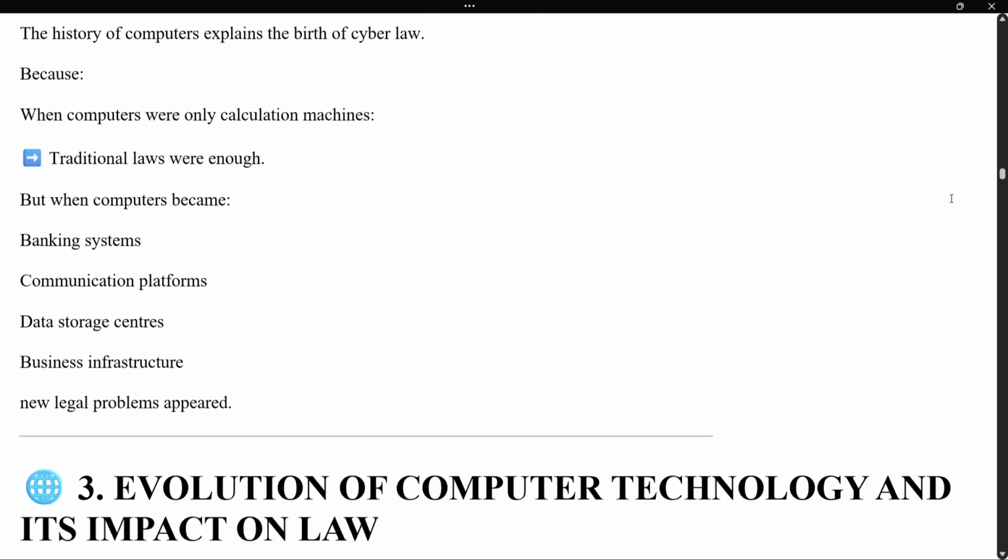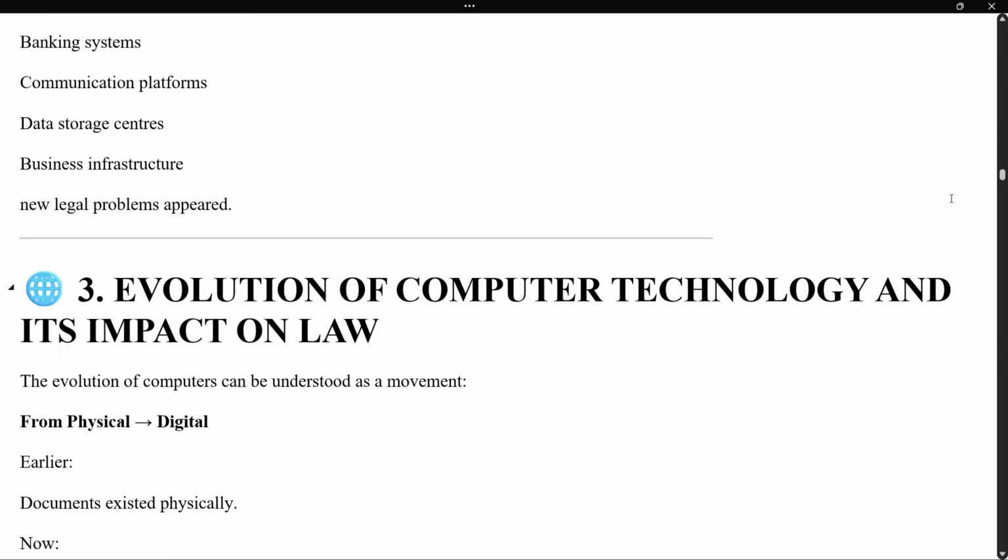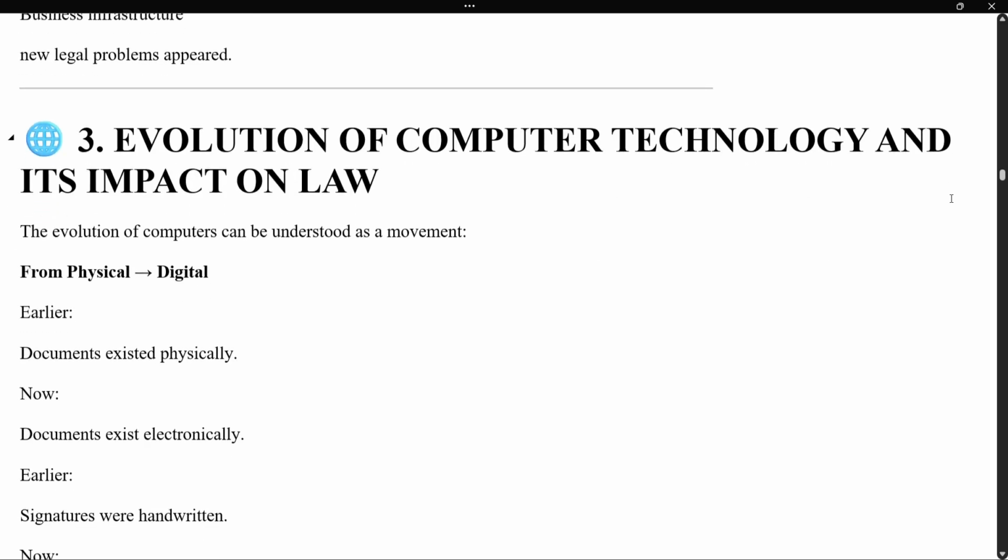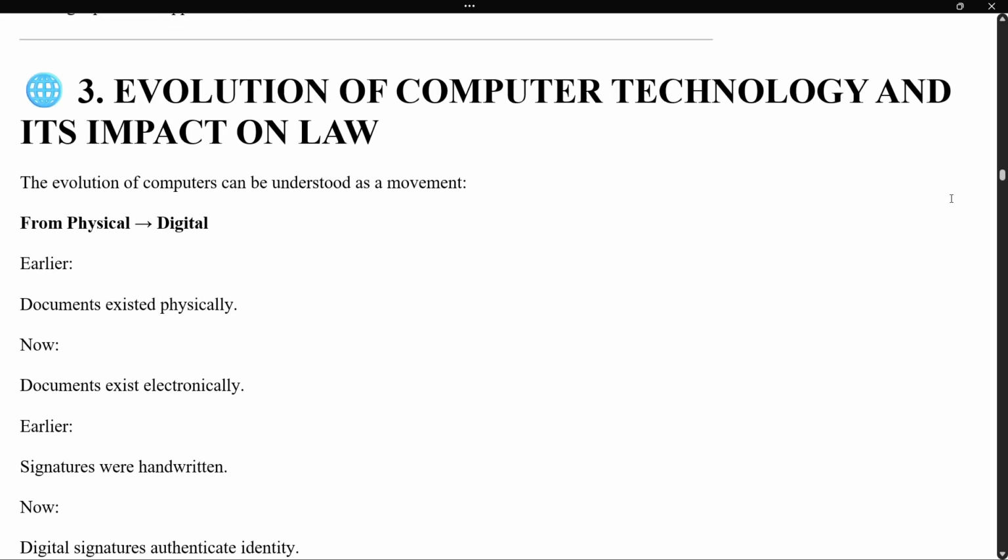3. Evolution of computer technology and its impact on law. The evolution of computers can be understood as a movement